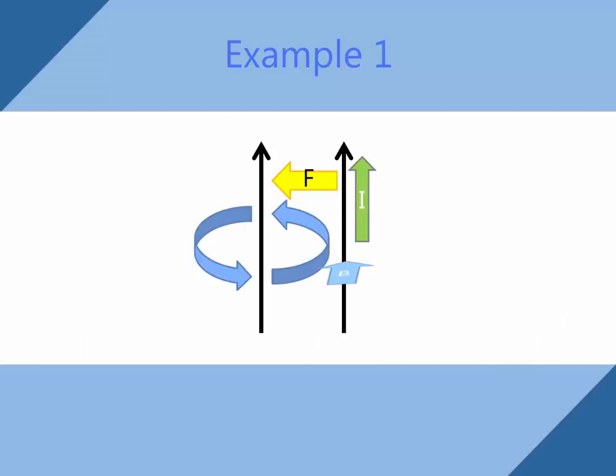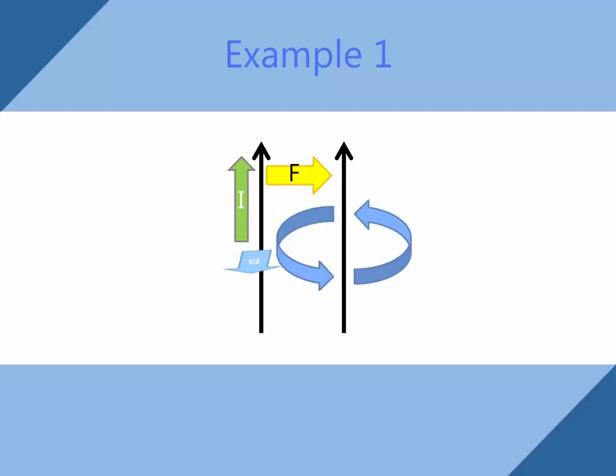When the currents are moving in the same direction, the magnetic field created by the left wire is into the board over the right wire. With the current moving up and the magnetic field moving into the board, we can use the right-hand rule to deduce that the force on the wire is to the left. Similarly, the right wire's magnetic field is out of the board, so, with the left wire's current moving up and the field coming out of the board, the force exerted is to the right.